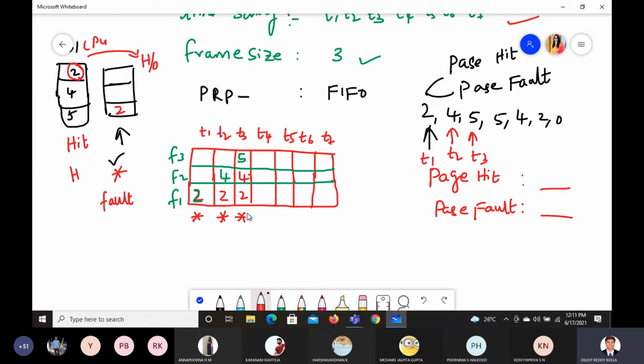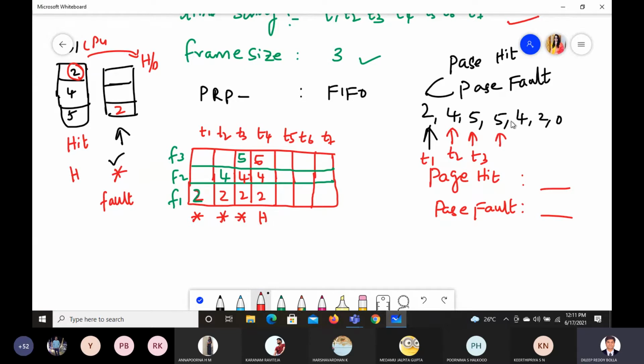Now you see this carefully. Now it is 5 only. If it is 5, do we need to replace a page from T3 to T4 or no need to replace, because 5 is required? 5 is available, it is there. So no need to change anything. Copy as it is and write it as a hit. So it is clear, page replacement has still not started.